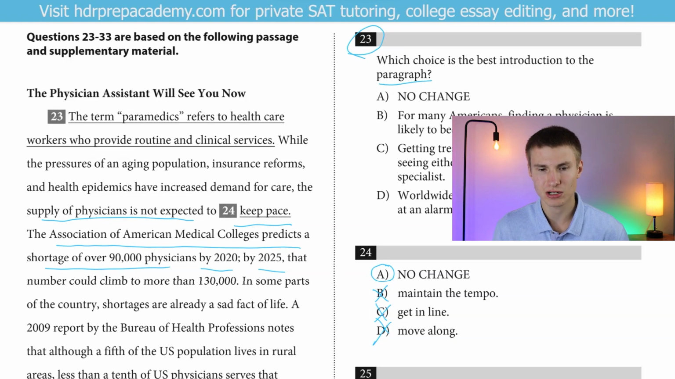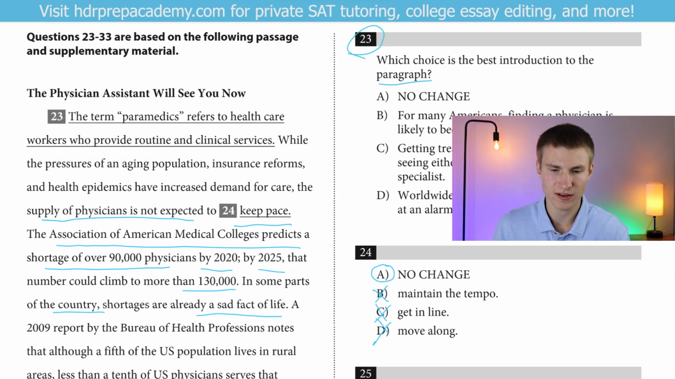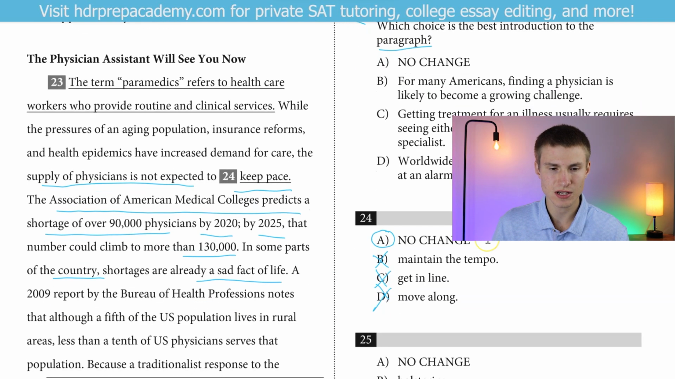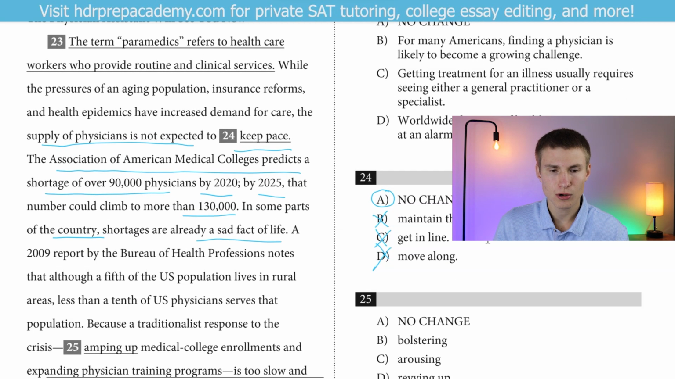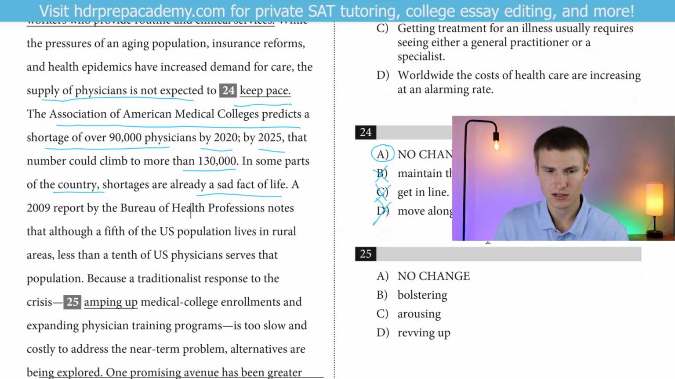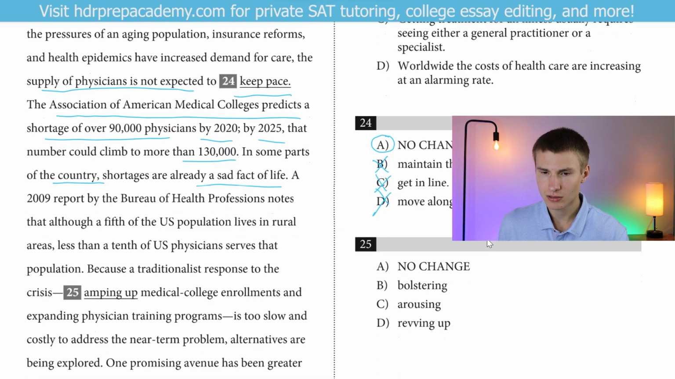By 2025, that number could climb to more than 130,000. In some parts of the country, shortages are already a sad fact of life. A 2009 report by the Bureau of Health Professions notes that although a fifth of the U.S. population lives in rural areas, less than a tenth of U.S. physicians serve that population. Because the traditionalist response to the crisis, which is going to be either amping up, bolstering, arousing, or revving up medical college enrollments and expanding physician training programs